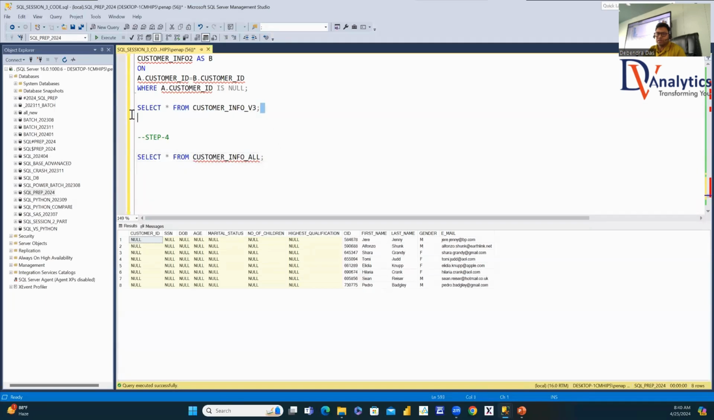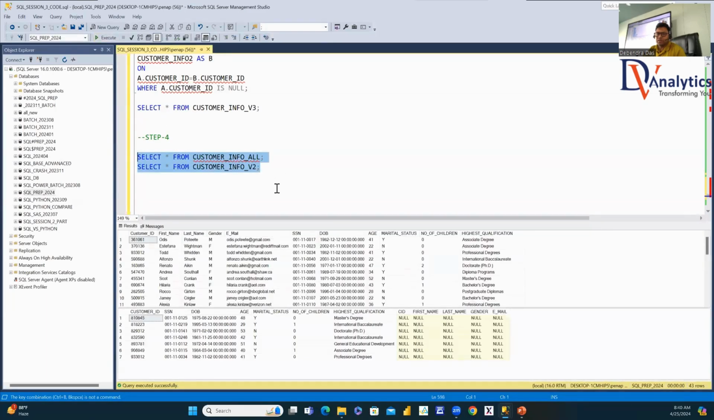Then you will say select star from customer info 2. Now, in both these tables, what you are trying to achieve here, you want to get the first name, last name, gender, and email ID. So how do you go about doing this, guys, everyone? You write select